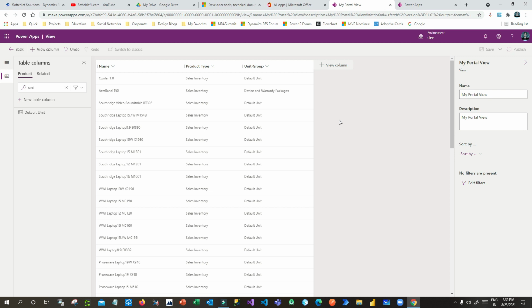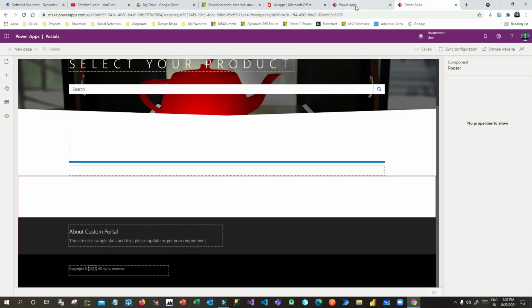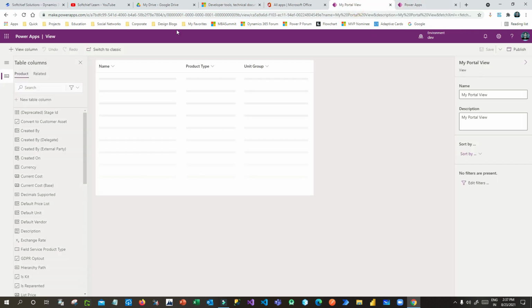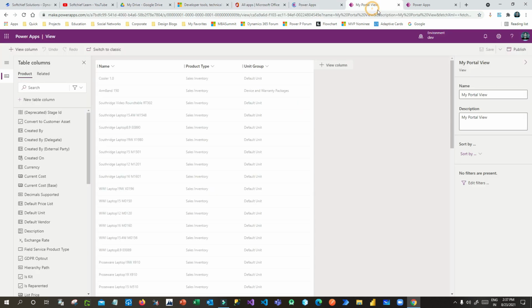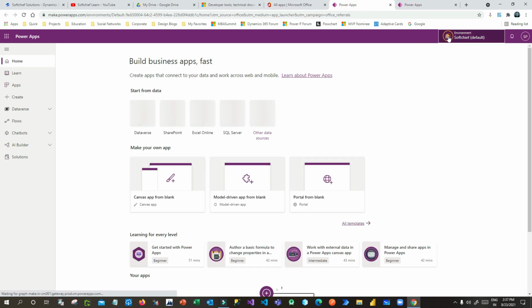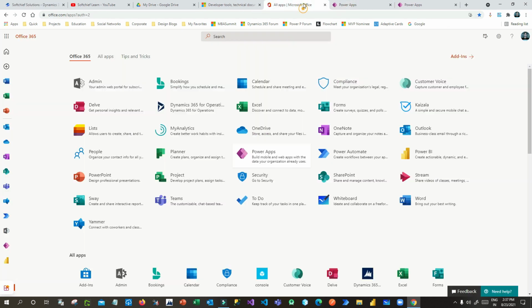So this is our first step. Before configuring the metadata filters, you have to add these three, and once it is done I can close this. I don't want this view anymore. Once I have done, I will go to Power Apps, click on Power Apps again, and close this window. Now choose the correct environment, the same environment.